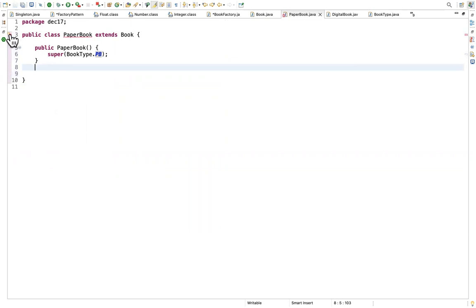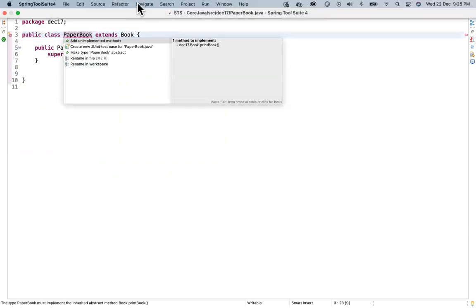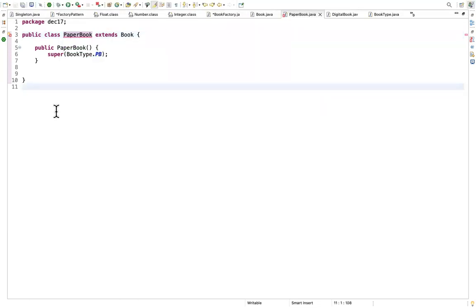Yeah, if you see now, there's one error that it should implement the inherited or unimplemented method. So that is the reason. Whenever you have such kind of methods, we are basically giving the logic in the respective classes. Whatever you do in your interface, the same thing is happening in your abstract class, but through your inheritance concept. So now can you click on add unimplemented methods?